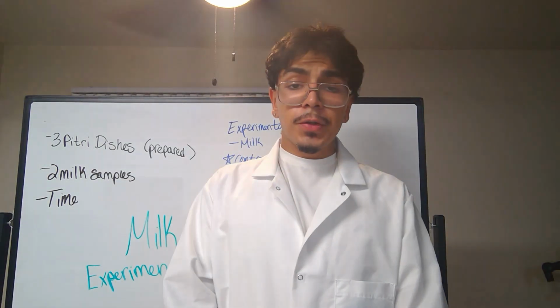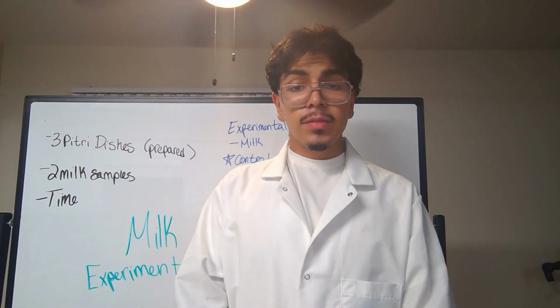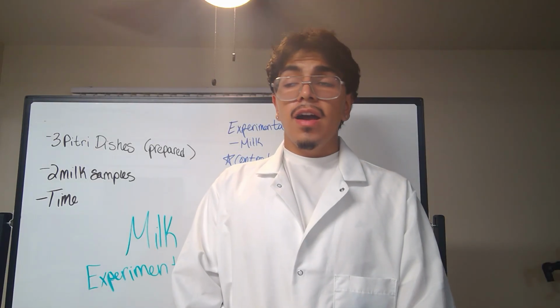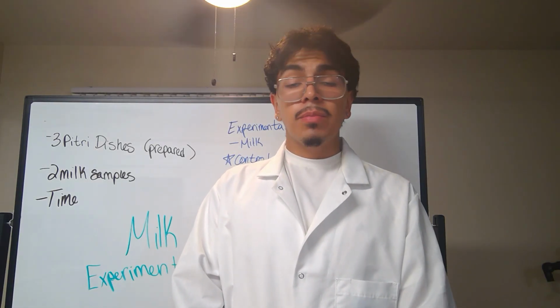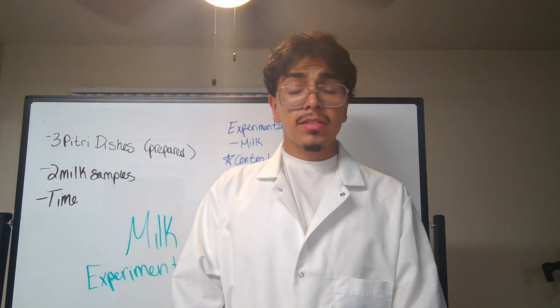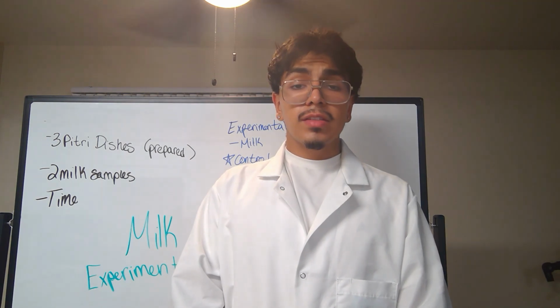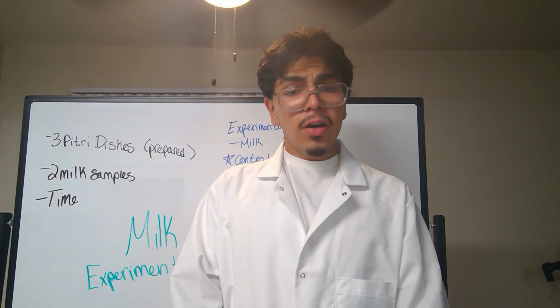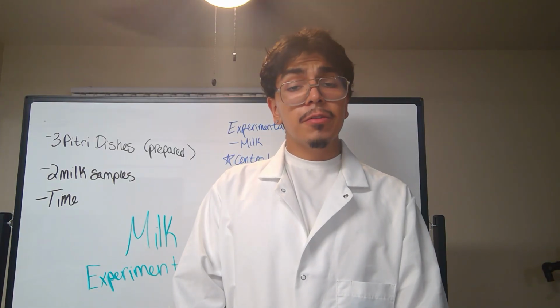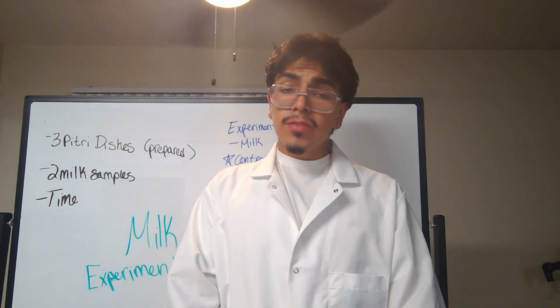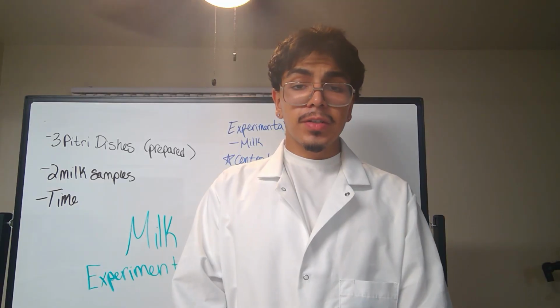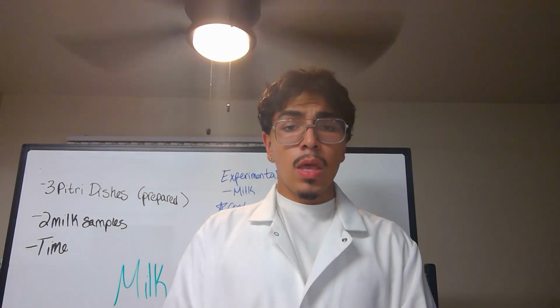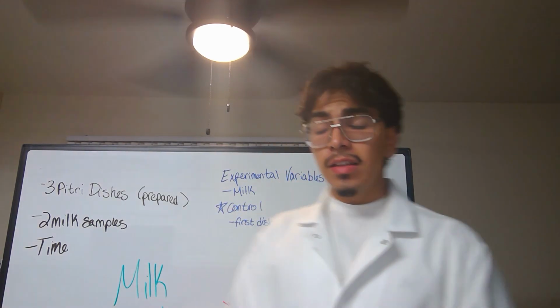We use a control variable here because I have prepared these petri dishes myself. I hand washed, boiled, and put them in the oven to try to keep them as clean as possible, though it's likely that it's not perfect since I did it at my own home without much prior knowledge. It was my first time, so I still have a lot to learn, and of course practice makes perfect, as shown here. The last part of our experiment today is going to be